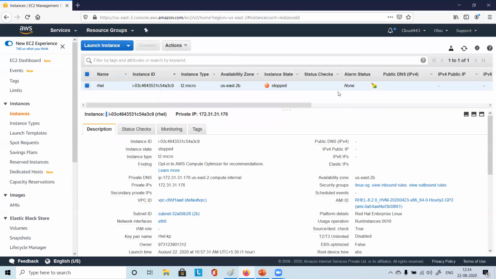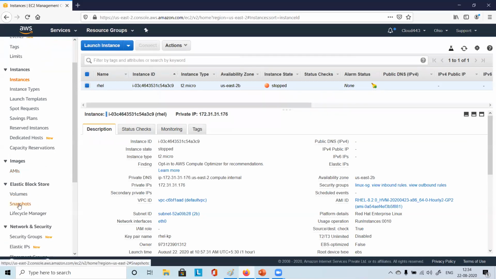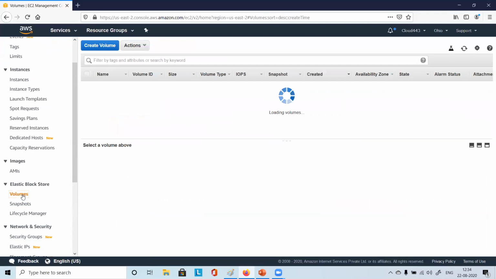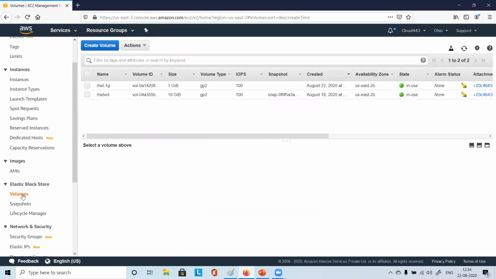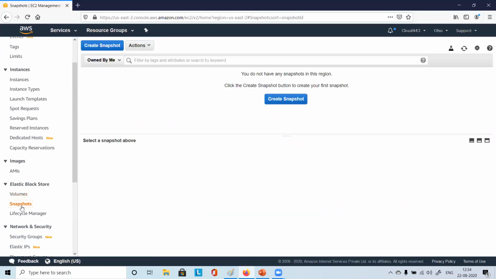But Harish, I have removed the volume. Which volume? 1 GB, right? Not volume, sorry, AMI. In the volume I could see two. One is 10 GB, one is 1 GB. That is okay, nothing to do with that. Snapshot you go. Snapshot we have two, one 1 GB and 10 GB. I think 1 GB last week we